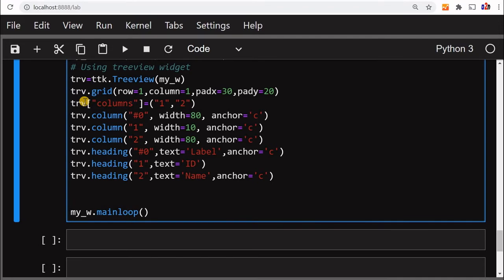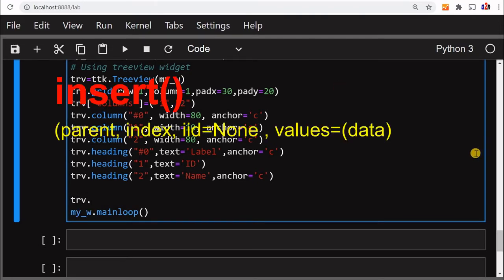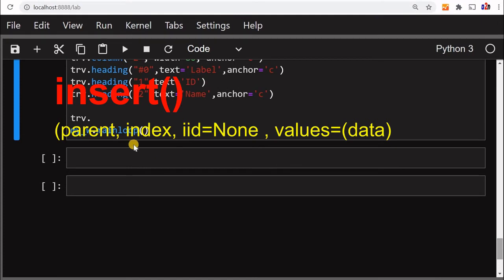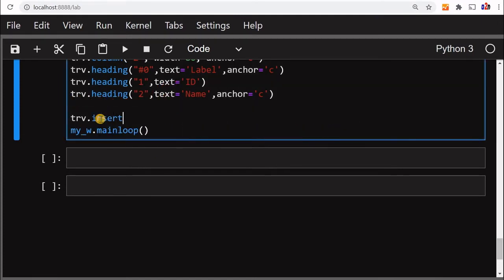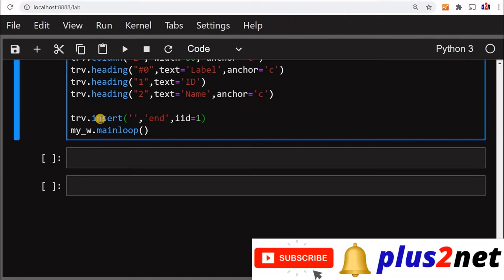After this, let's insert our first row. So we'll say trv, let me scroll down a bit, right, trv dot insert. Now this I am telling is a parent. I am keeping it blank because it's a parent node. So we'll understand that when we add a child node. Now where the next one, or the child, will be added, I am telling it will be added at the end. This is not much relevant for the first one. Subsequently we can use it. Now iid, or the unique ID of it, is 1. So iid 1 means this is the unique identification for the row, and it has to be unique for the row. We cannot have one more row with the same value.